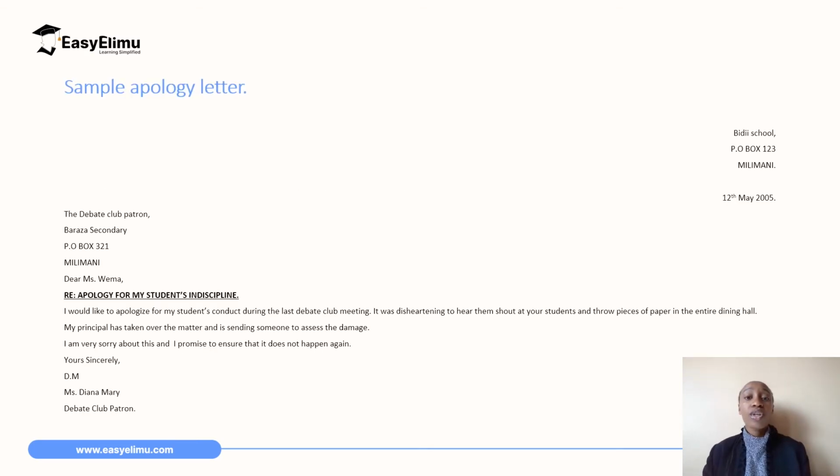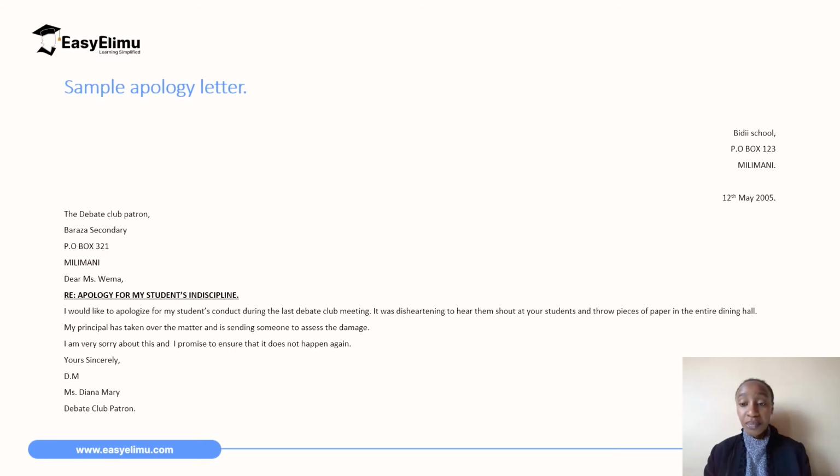So we are going to have a look at a sample of an apology letter, and as we read through, we are also going to see if it contains all the features that we have just discussed. So you can see at the top right, the address of the writer, BD School. So whoever is writing is from BD School, PO Box 123, Milimani. That is the address, and below that address we have the date, 12th May